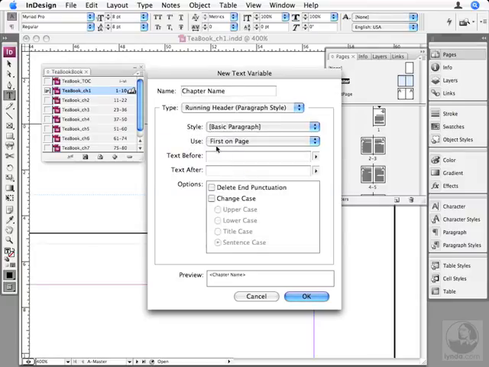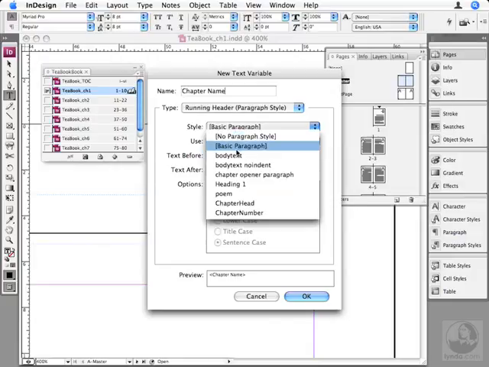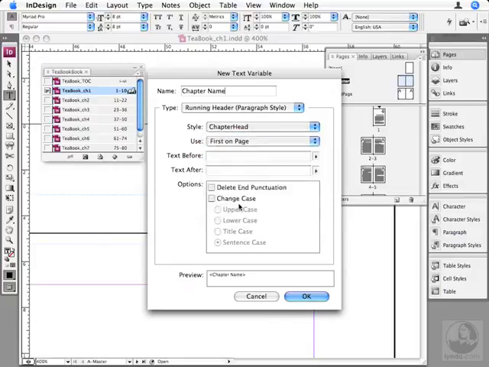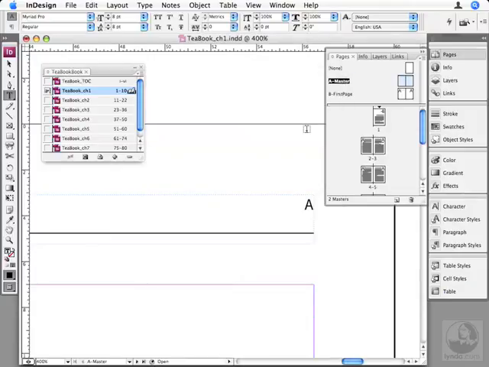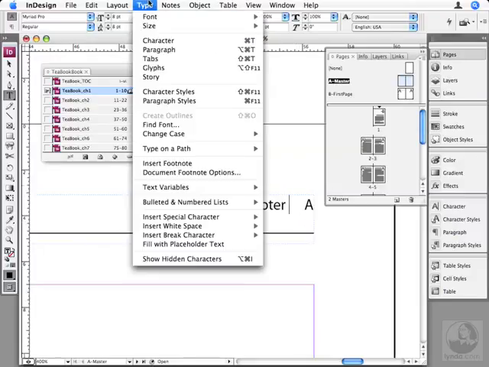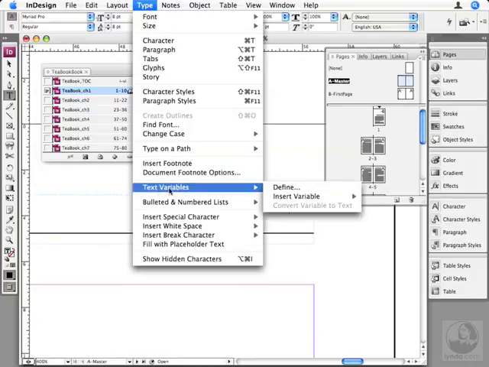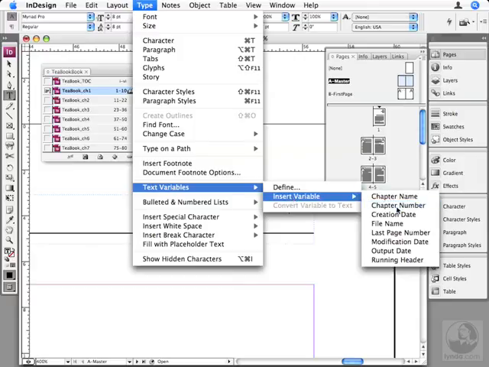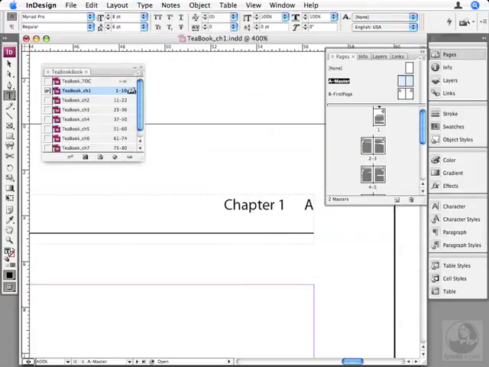And I'm going to choose the first use of the paragraph style called Chapter Head. The name of the chapter in this document has been tagged with this particular paragraph style, so I'm going to go grab it with this variable. I'll click OK, click Done, and now in the master page header, I can say this is chapter number. I want to get the number. We saw how to do this in the previous movie. From the Type menu, choose Text Variables, Insert Variable, Number,